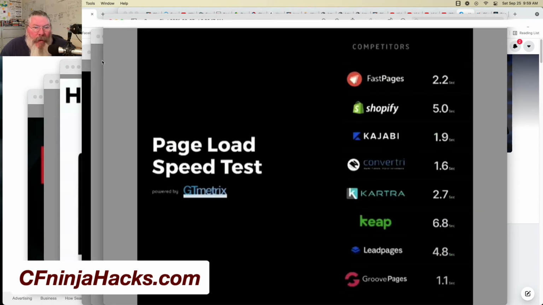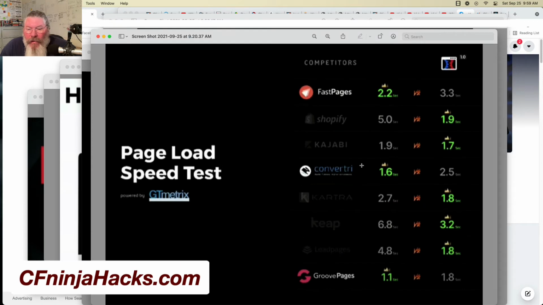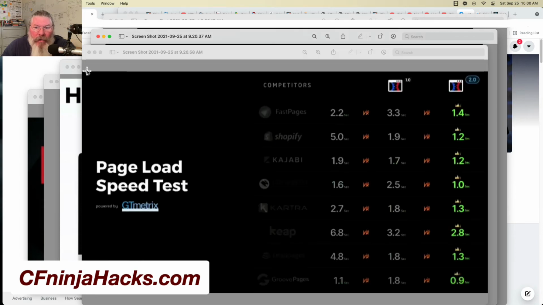They were already beating them prior to having any changes. So they were already beating a bunch of these guys. But now with the 2.0, what they did again is they took a page built on Fast Pages and tested it there on Fast Pages in this case. Then they built an identical page inside of ClickFunnels 1.0. And in this case, they actually lost. But now once you go to 2.0, you can see that in every single case,